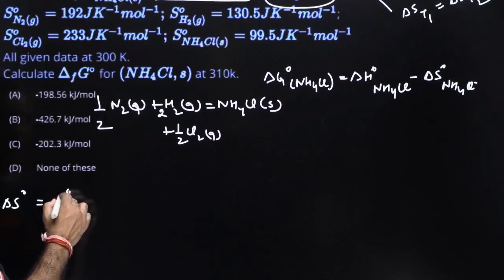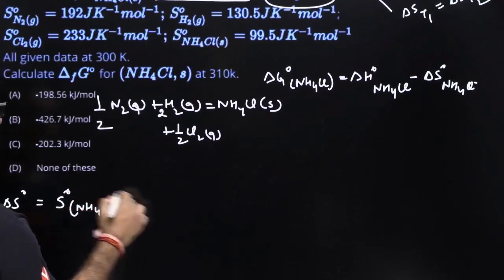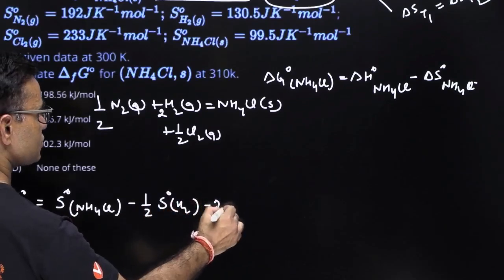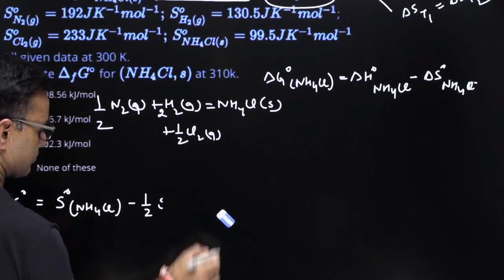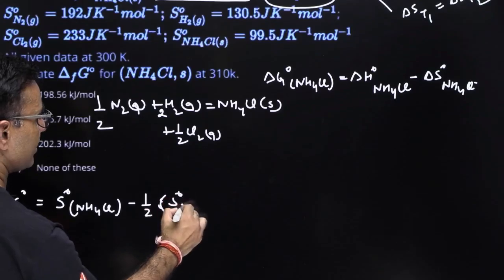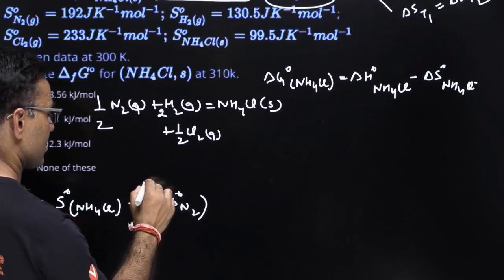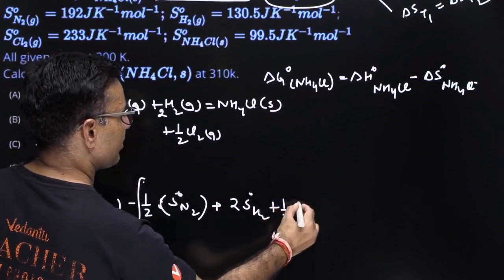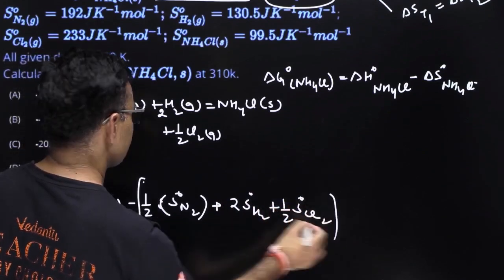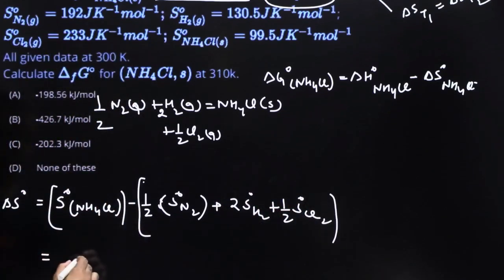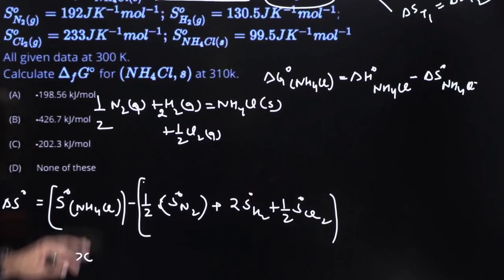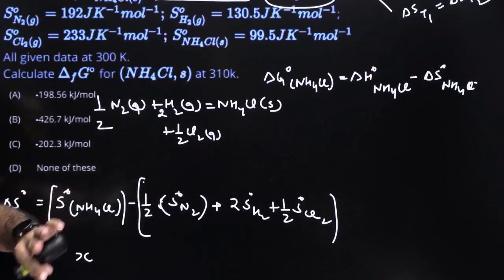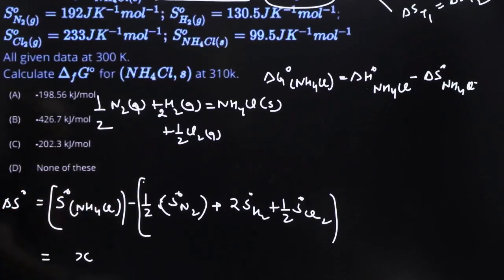तो डेल्टा एस नॉट ऑफ रिएक्शन इज इक्वल टू एस नॉट ऑफ NH4Cl माइनस हाफ एस नॉट ऑफ नाइट्रोजन प्लस ट्वाइस एस नॉट ऑफ हाइड्रोजन प्लस हाफ एस नॉट ऑफ क्लोरीन, ठीक है। ये सारा डेटा इसके अंदर डाल दो, तो जो कुछ मान लेता हूँ, कुछ एक्स आ गया यहाँ पे, तो आपको डेल्टा एस नॉट पता चल गया, टेम्परेचर कुछ भी हो डेल्टा एस नॉट सेम रहेगा क्योंकि डेल्टा CP 0 है, ठीक।